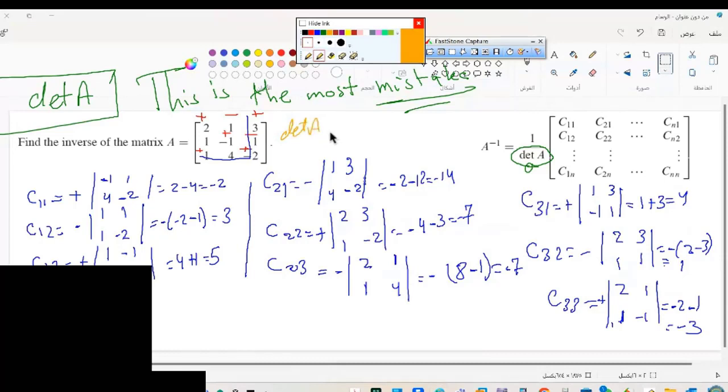Det A is 14, calculate. Now it's 1 over 14. After that, how can I write those? See, it's minus 2, then 3, then 5, then 14 minus 7, minus 7, 4, 1, minus 3. It is